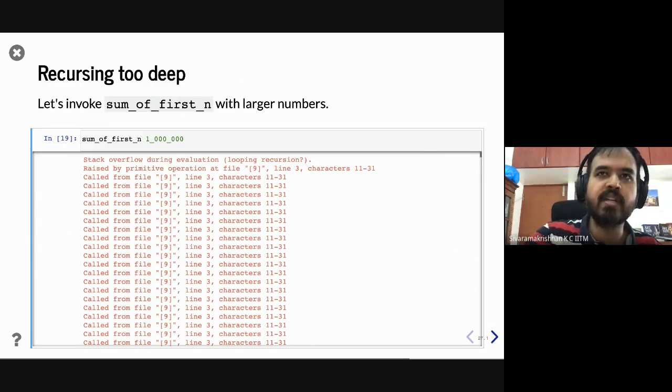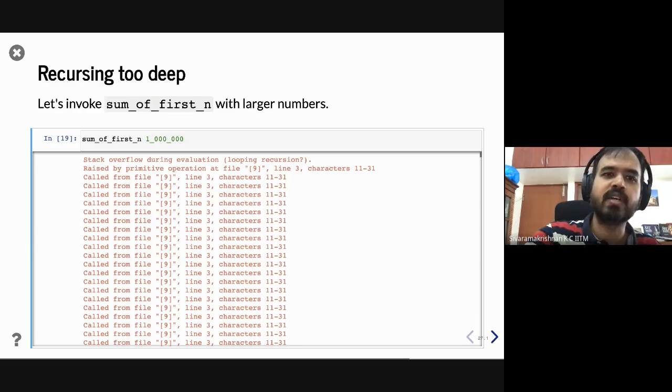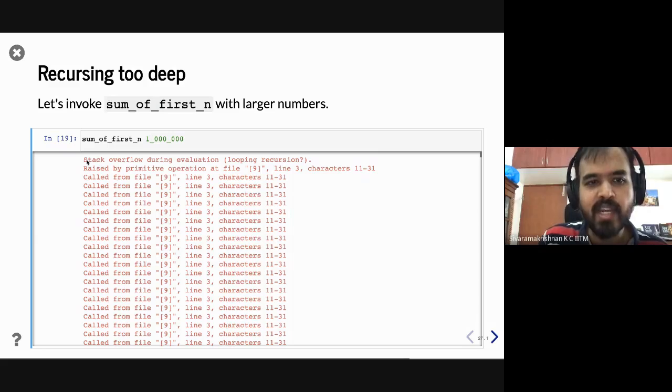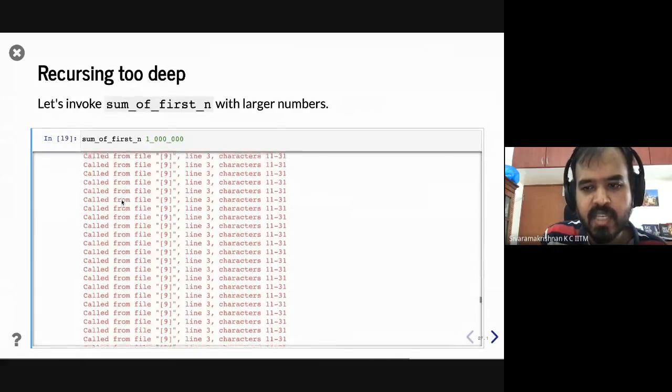So you have a limited resource for stack, and as you will study in operating systems this semester, what happens is there's only a limited amount of memory. So your stack keeps growing and growing and growing, and at some point it is going to hit the limit for your stack overflow. So it's going to hit that limit and say, okay, I can't recurse anymore. So I have to give up. And this is OCaml's way of giving up, right? It says stack overflow during evaluation, and it produces a very deep stack. And you can sort of see where the calls are coming from.